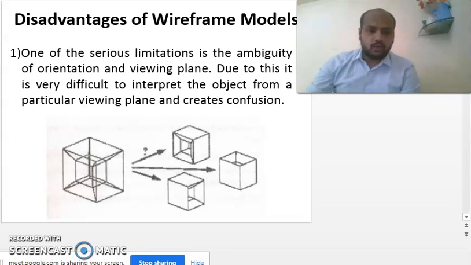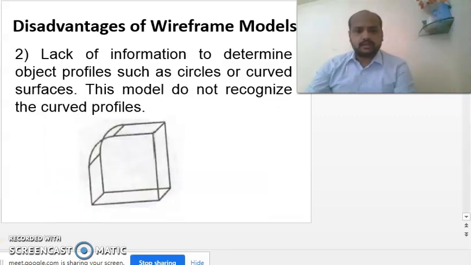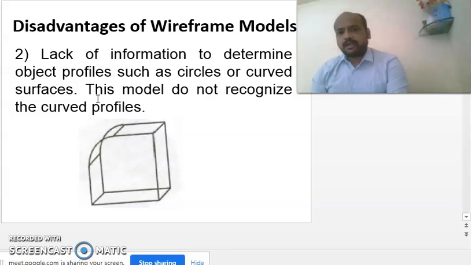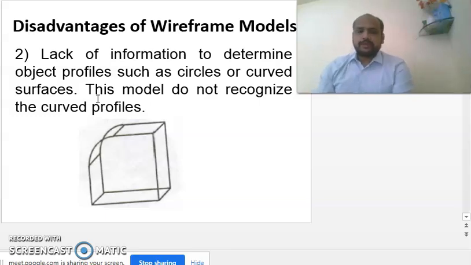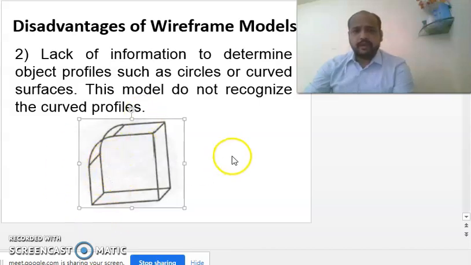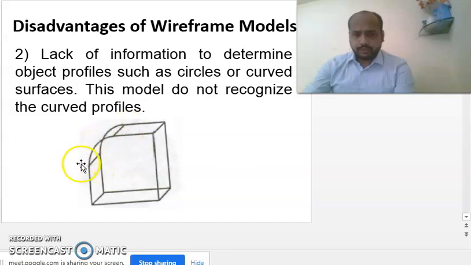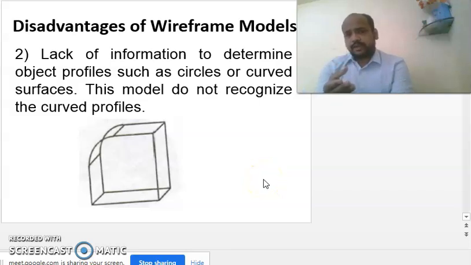Now we will go to the next point, that is another disadvantage, lack of ability to determine object profiles such as a circle or curved surface. If you see this diagram, it shows a curve here. Here a curve is there, and there may be confusion whether it is a simple curve or it is a circle, whether it has a specific radius, whether it has a center or not.